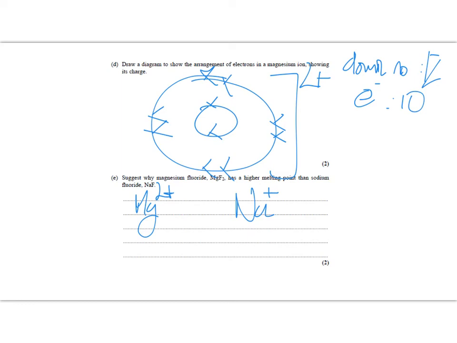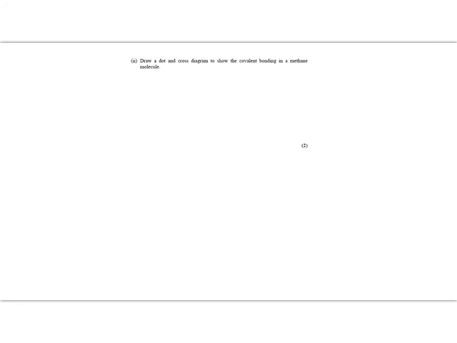And the final question is a nice straightforward one to finish. Draw a cross and dot diagram to show the covalent bonding in a methane molecule. And I hope that everybody will be remembering that methane is CH4, and this really isn't a particularly good moment to be worrying about my drawing with this pen, but you can find carbon in the periodic table, and carbon is in group 4, so here is carbon, and we'll have 4 electrons in the outer shell here,